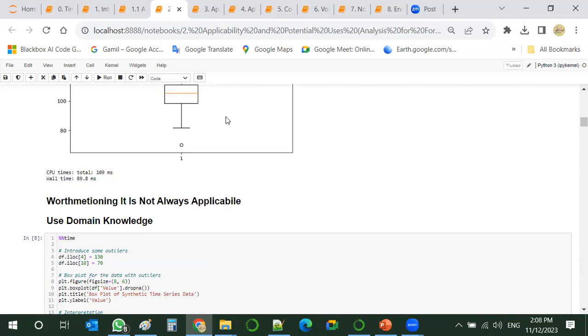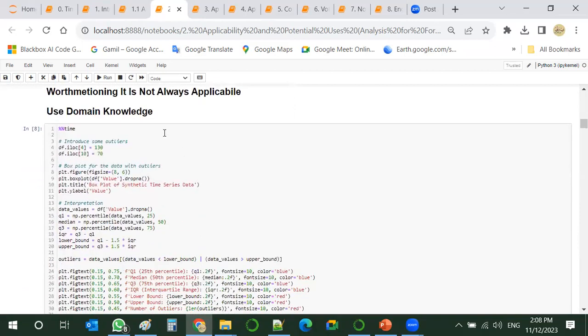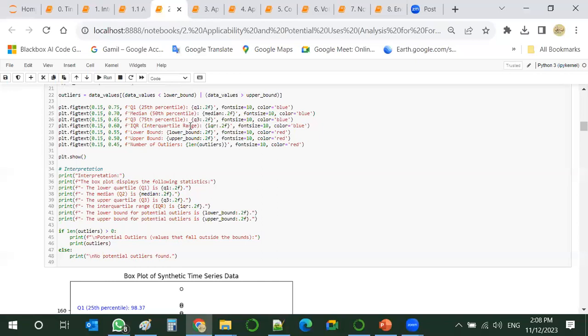Again, it's worth mentioning this is not always applicable. You have to use domain knowledge with the data set that you have.